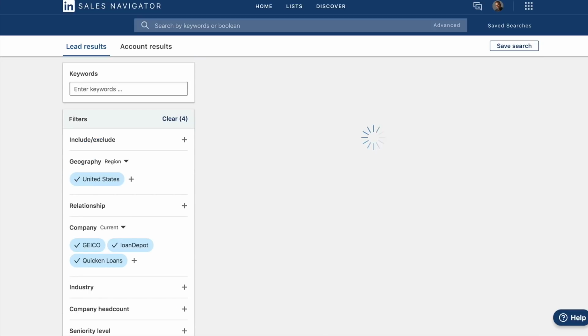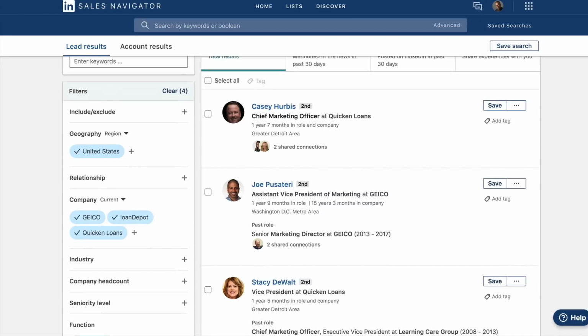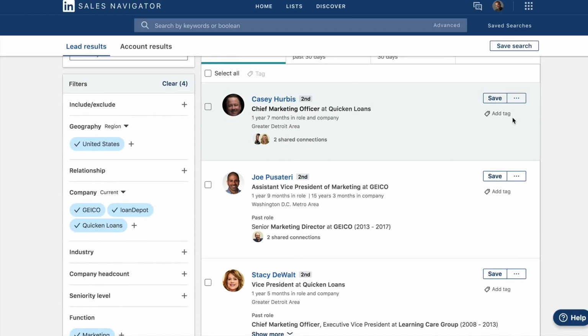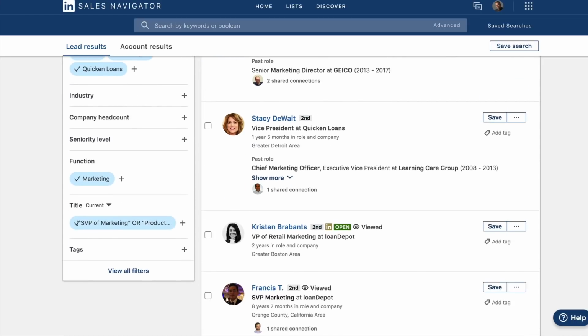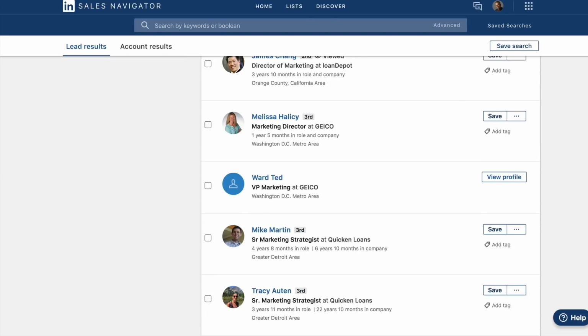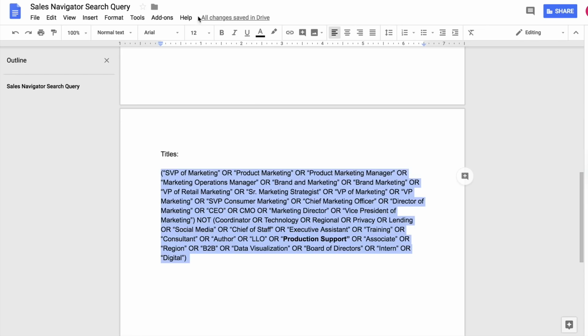And now it goes from 23 to 33. And you can see now it's pulling in Quicken Loans. If I see a title that I don't want, I actually don't see any here, all I have to do is go and modify my query with another NOT. And so it might take you a couple companies to dial it in, but once you do, all you have